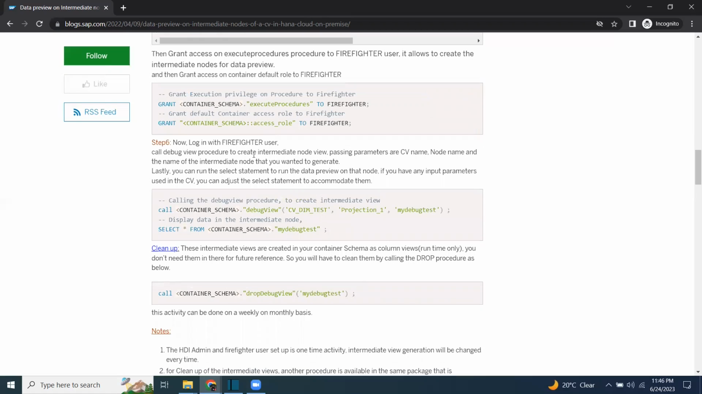And then now we log in with that debugging user and run the procedure, which is your container schema dot the debug view. A debug view is a standard procedure, and the parameters that are being passed are your CV and the node that you are going to do the data preview on, and give a custom name there. And then that's it. You just do a select on the same container schema and the temporary object that is created here, and that is going to give you